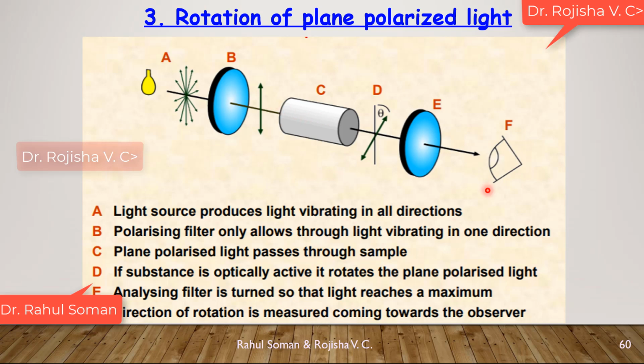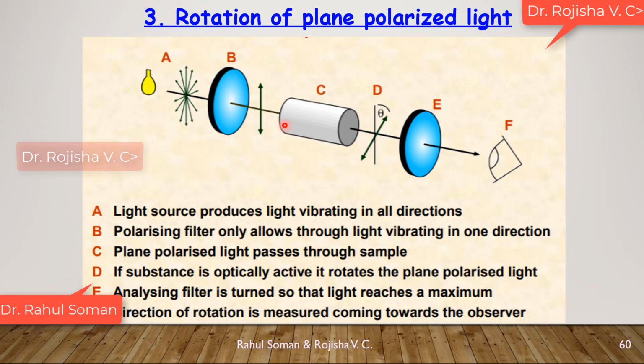Only those molecules which are optically active will exhibit this phenomenon, that they can rotate the light to a particular direction, either in the positive way or at a negative angle. Positive or negative means right or left, which you will see in the instrument. We will be looking through this portion. So only an optically active molecule exhibits this phenomenon.